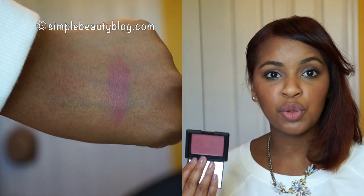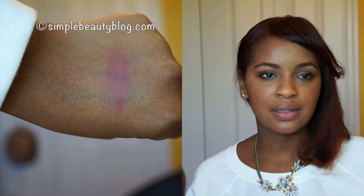Another cheap product that I have is a blush, and this is by Nars. It's Dolce Vita, and I just purchased this earlier this month. I don't know why I waited so long to get this. I really like this blush. It's natural, but it also has some color to it. I was looking for a pinky nude blush, but all the ones like Tarte Exposed and some of the other more popular ones,